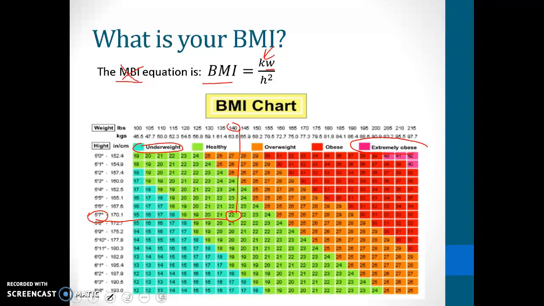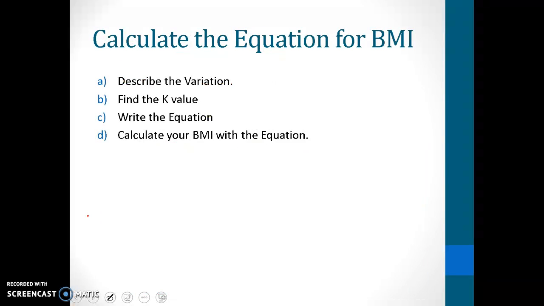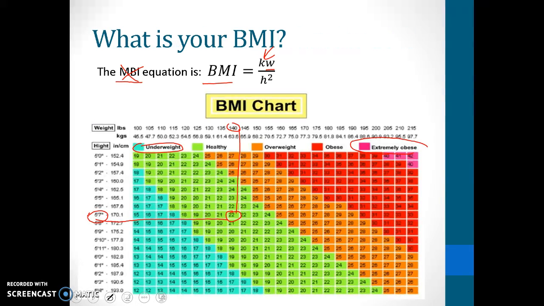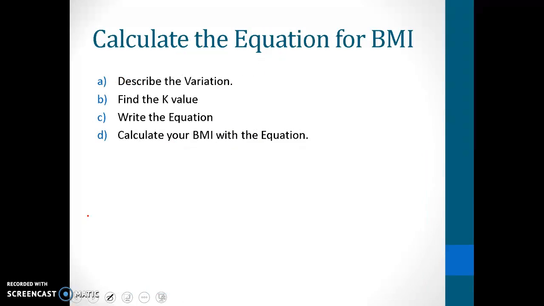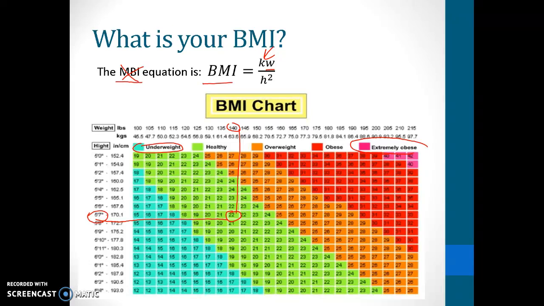And so I'm going to move over to the next slide here, and the variation that we know goes back to our general equation where your BMI, your body mass index, is equal to some k value times your weight divided by your height squared. And so we're going to plug in specific values. The values that we are picking is that our body mass index of 22,